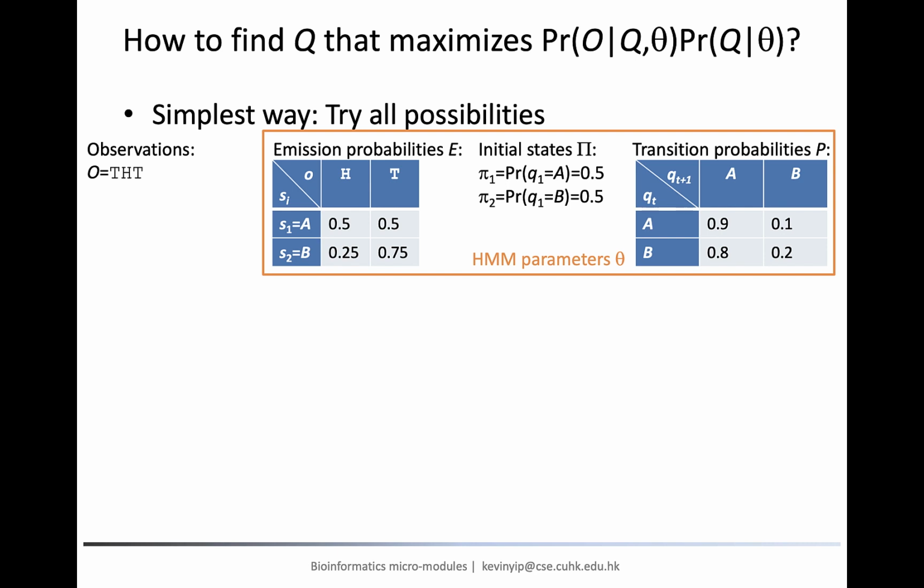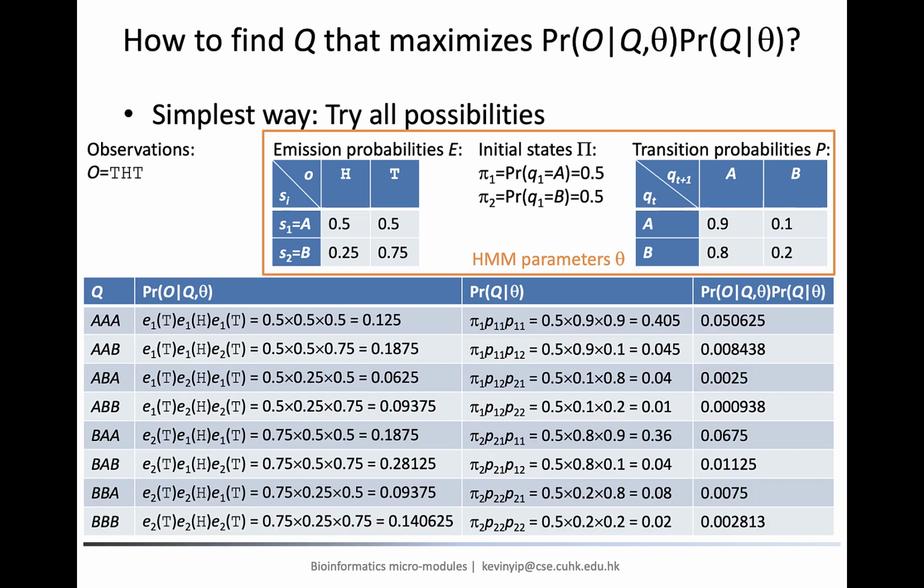Now, since the observation sequence has three observations, the state sequence also has three states, and thus we need to try all possible sequences of three states. Given that each time there are two possible states, namely coin A and coin B, we have 2 to the power 3, that means 8 possible state sequences, as shown in the first column of this table. For each of these 8 possible state sequences, we need to compute the corresponding values of the two probability terms indicated in the second and third columns.